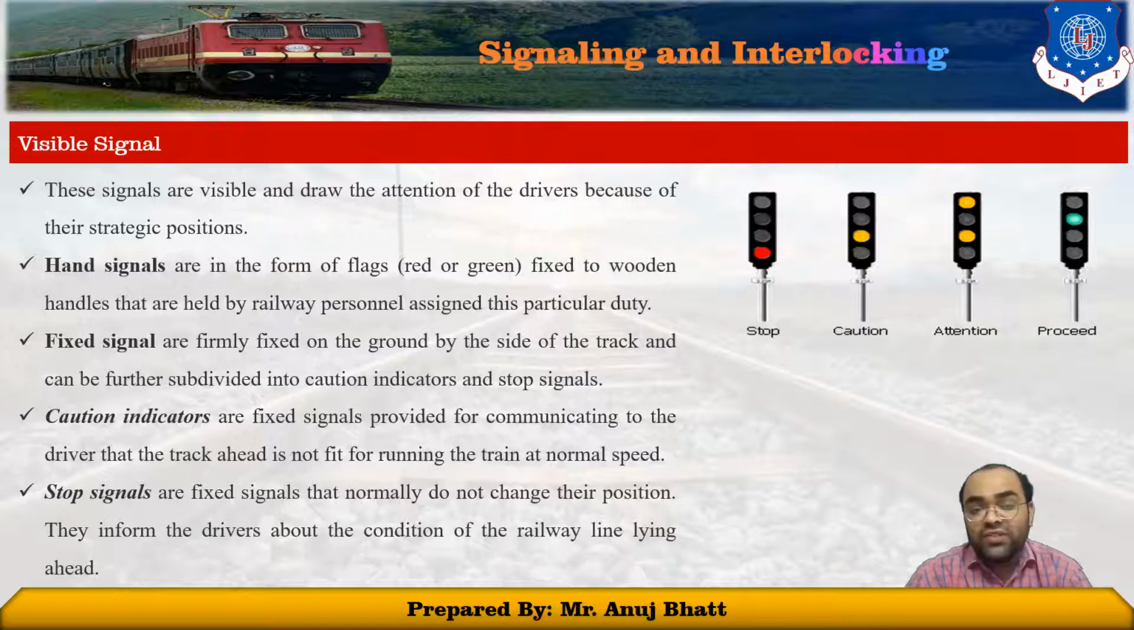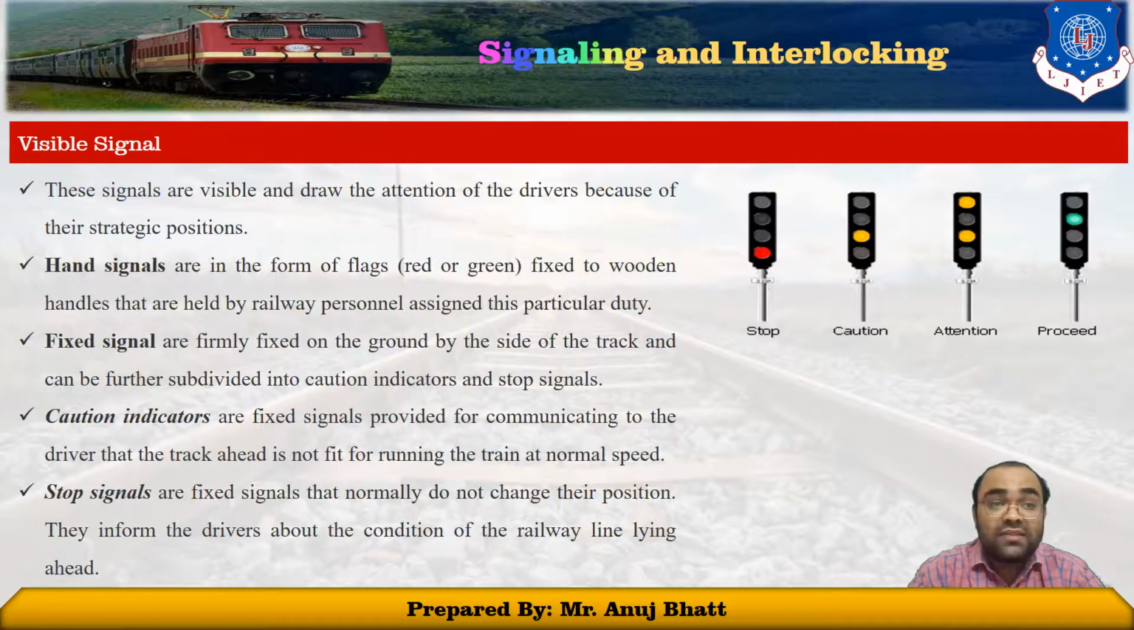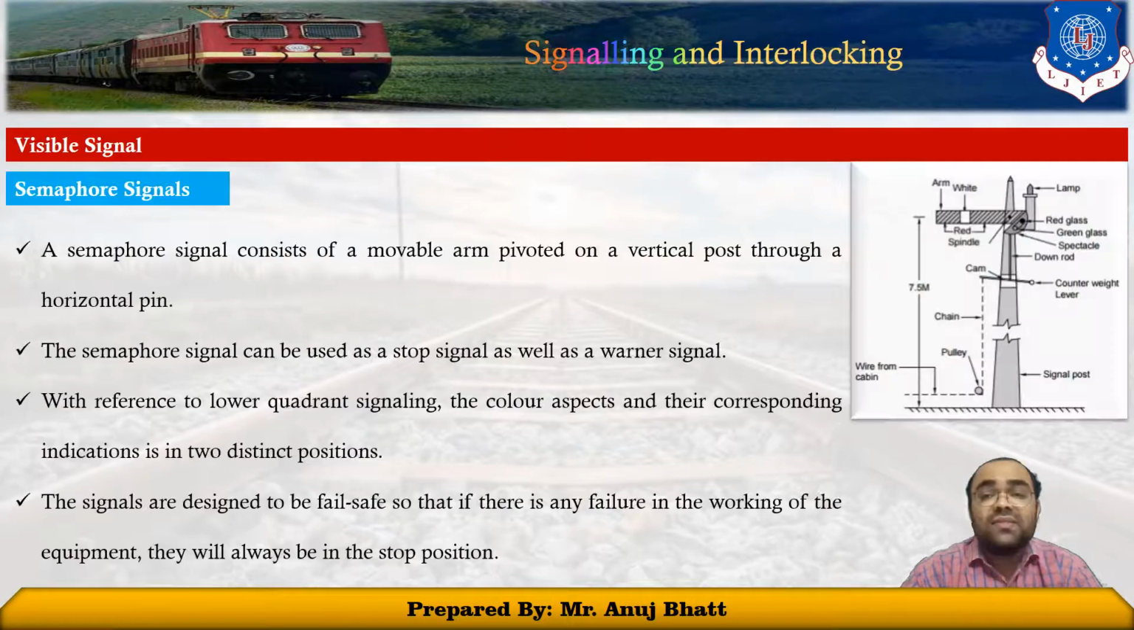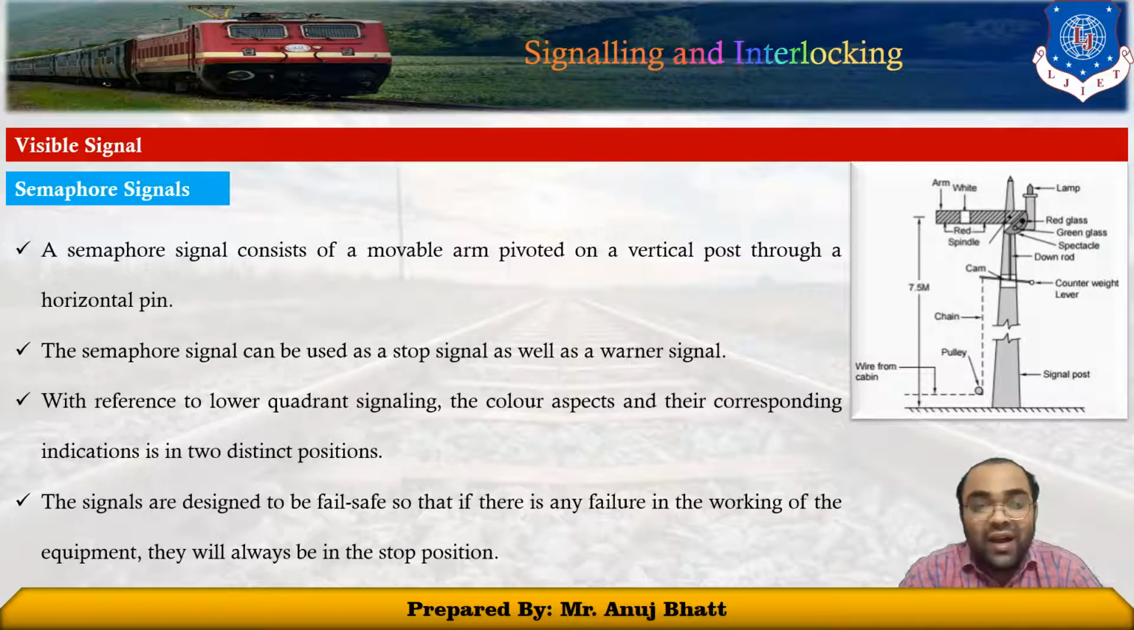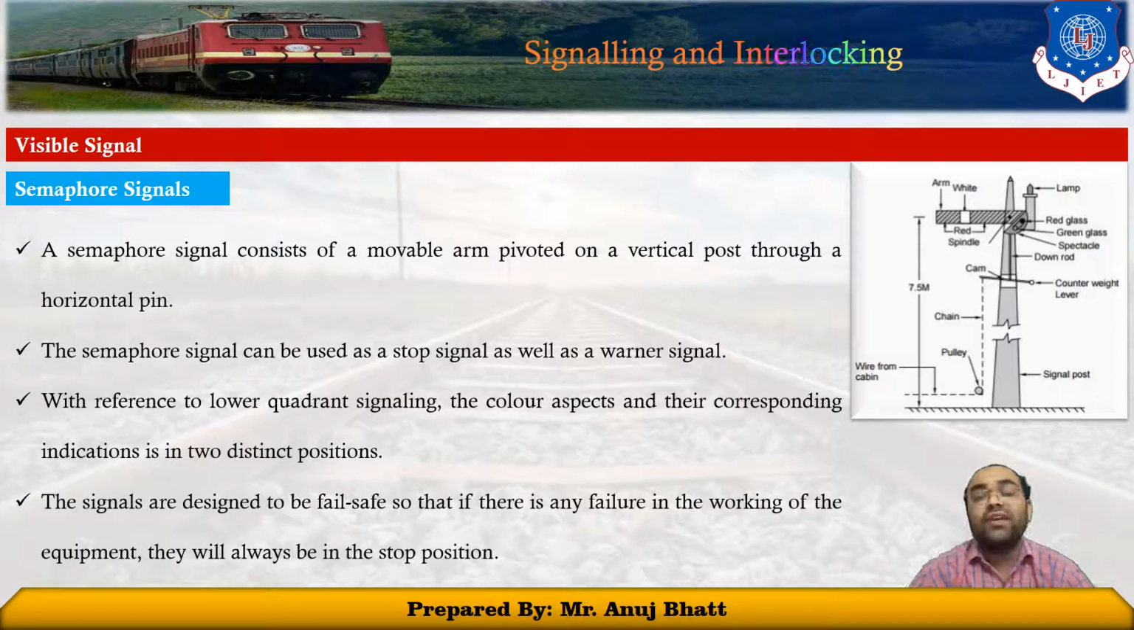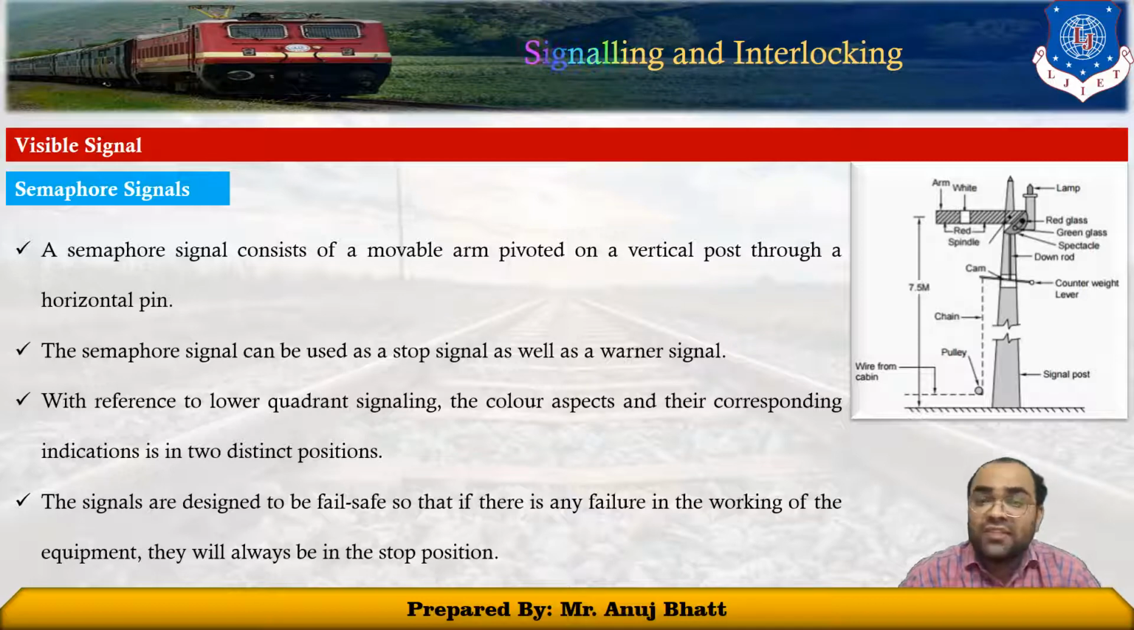Now here we have mentioned a kind of signal, that is the semaphore signals. So let's discuss these semaphore signals. They consist of a movable arm pivoted on a vertical post through a horizontal pin, as shown in this figure, while the arm of the semaphore signal is placed on the side facing the driver